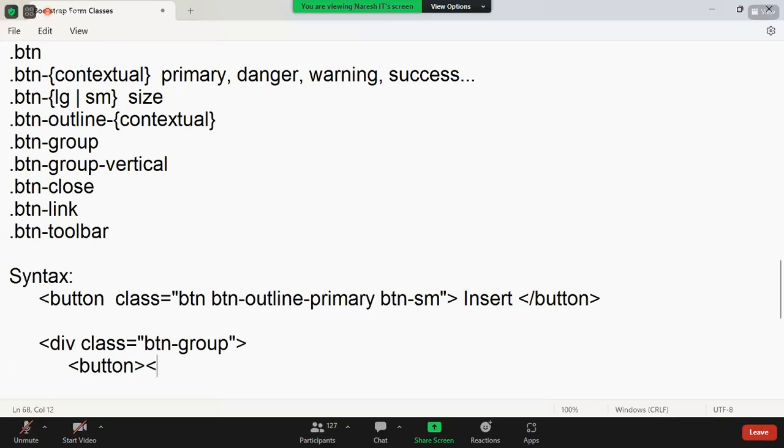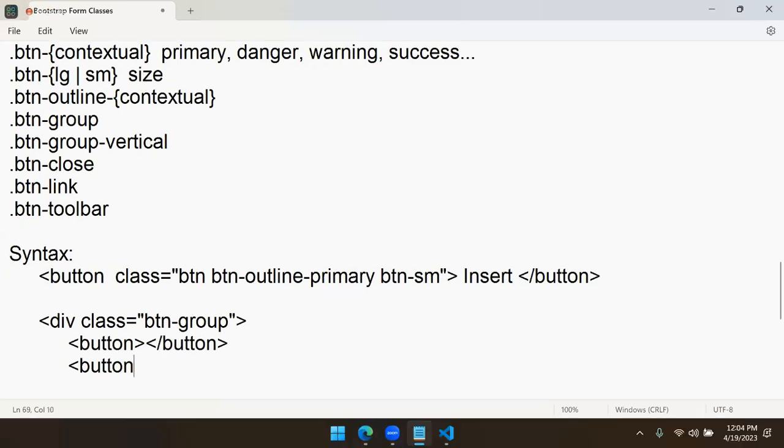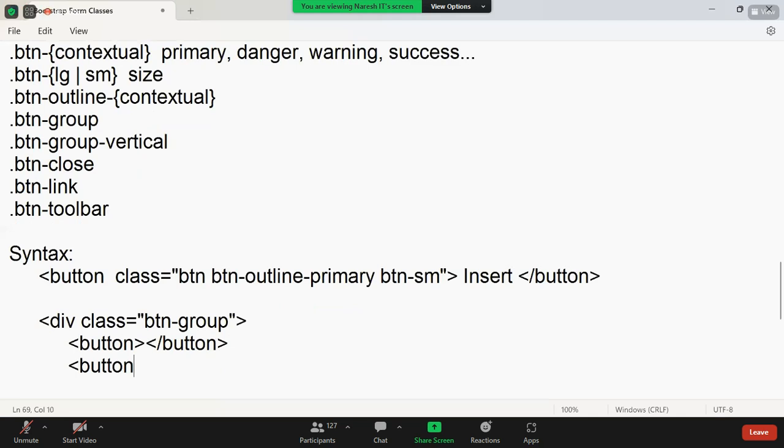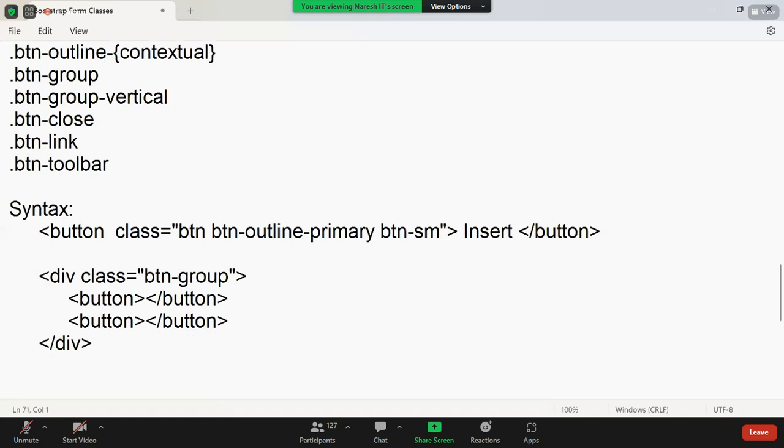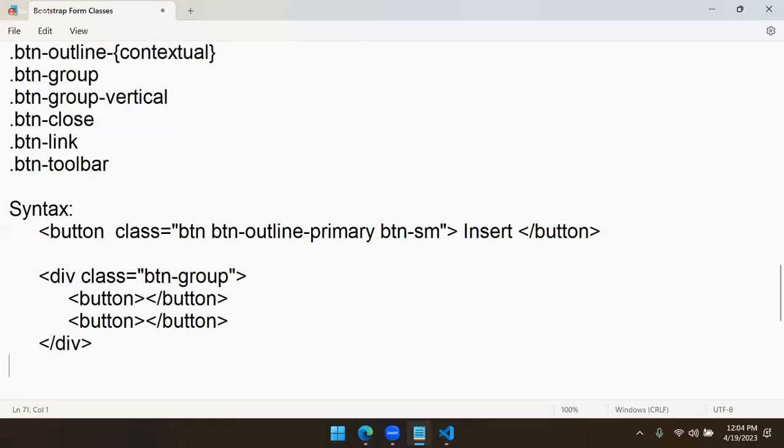This is button 1 and this is button 2. Just syntax I am giving first. That means all these buttons can be combined as one group. You have special buttons like close, link. Special buttons means, for example, here I am giving